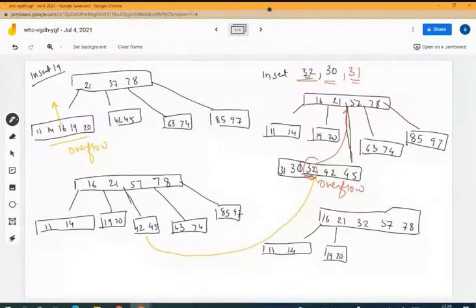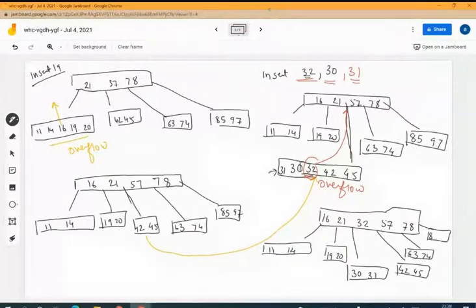Since we have pulled 32, towards the left of 32 will be 30 and 31. We need to maintain the sequence. You can number them forward or backward. Towards the right it will be 42 and 45. Towards the right of 57 was 63 and 74. Towards the right of 78 there was 85 and 97.